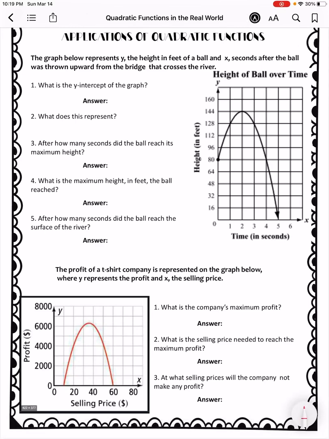Okay, today we're going to be looking at our notes here, which say applications of quadratic functions, but really what that boils down to is we're going to be looking at how quadratic functions factor into real life situations or real life equations or real life scenarios. And so it talks about here, it says the graph below represents y, the height in feet of a ball, and x, the seconds after the ball was thrown upward from the bridge that crosses